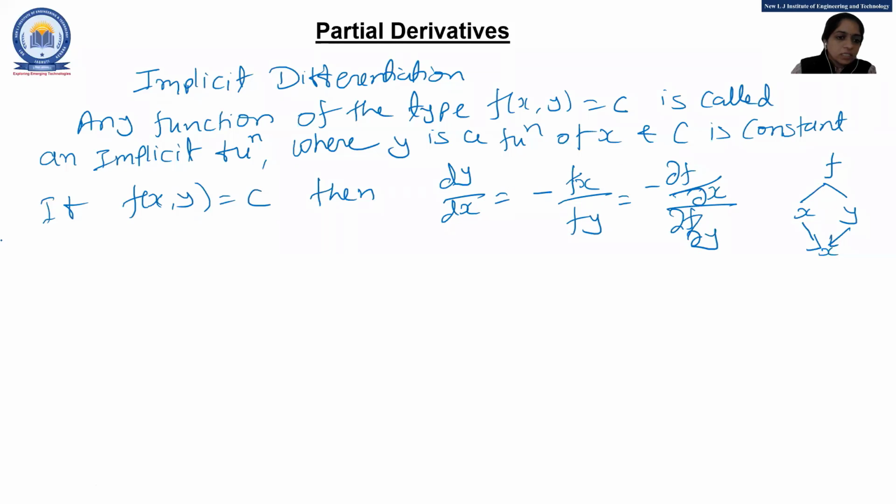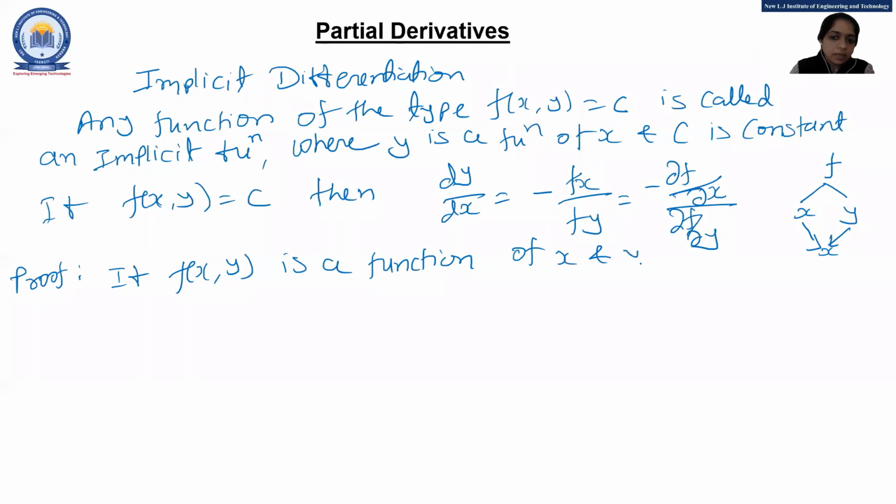Okay, so let's check the proof. This proof will be asked to you in the GTU exam or internal exam for 3 marks. It is very small and easy. So let's start the proof. If f of x, y is a function of x and y, where y is a function of x,